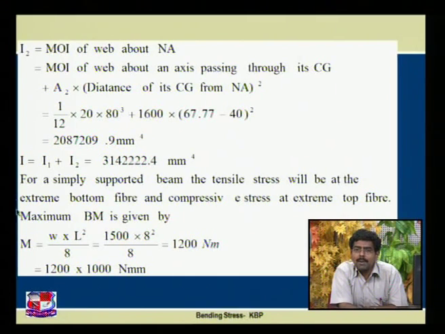So the maximum bending moment for a simply supported beam, we know, is WL square by 8. W load 1500 Newton per meter into 8 square by 8, we get 1200 Newton into meter. If we convert the same thing in terms of Newton into mm, it is 1200 into 1000 Newton into mm. Now